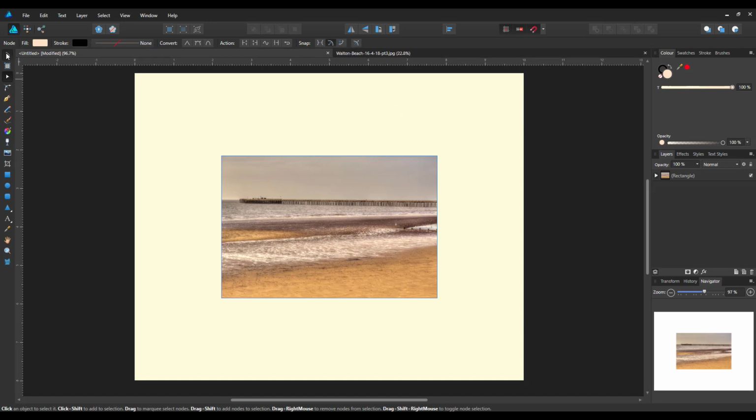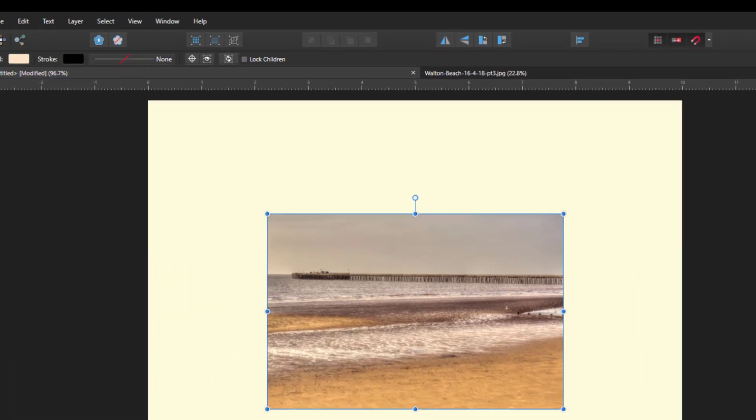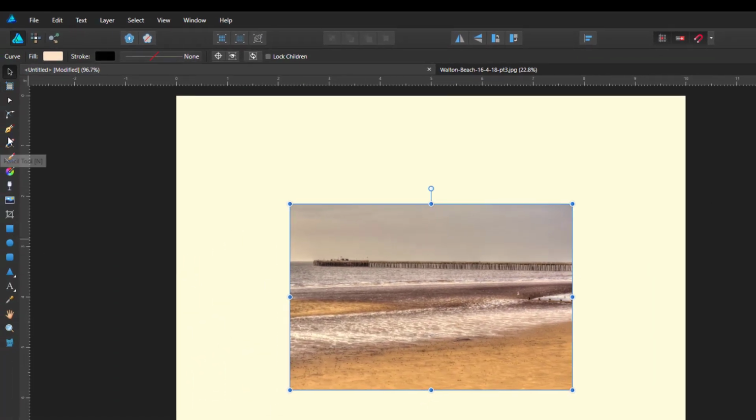and next I'm going to, where is it? Come to the move tool. No, I've lost it. Where is it? Oh, I need to actually highlight the layer. That's where I was going wrong. On the move tool, and then I'm going to convert to curves, and from there I can select the node tool,